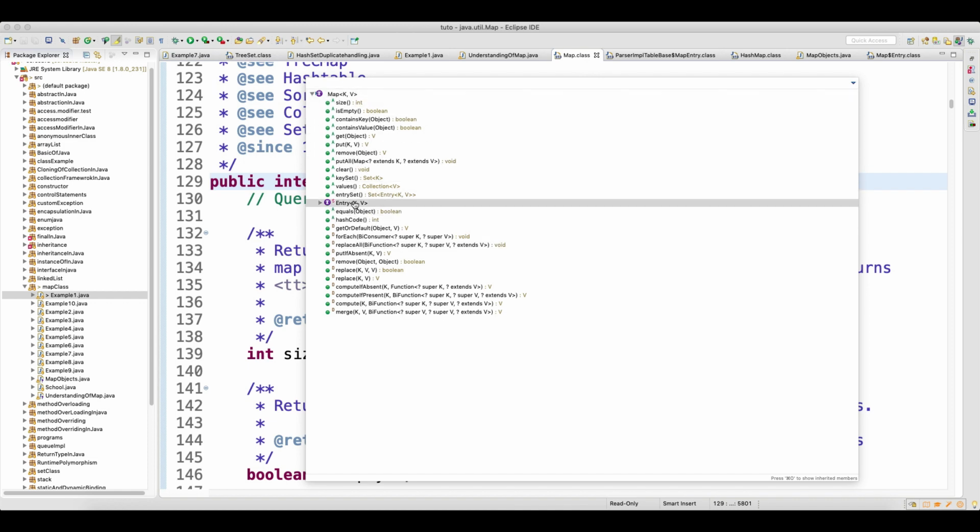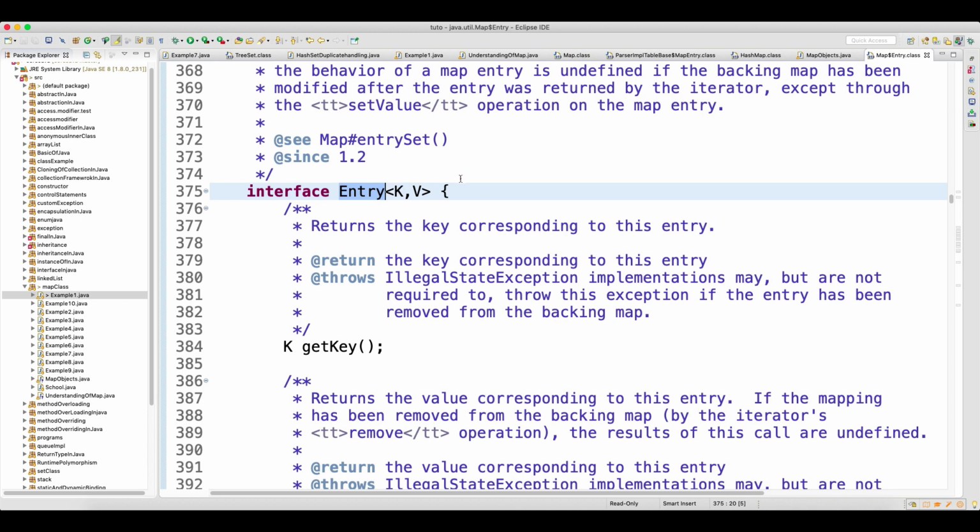When you click on the entry here, this is inside the map interface, and it is default in nature. You cannot keep two interfaces as public. Now you can correlate: earlier I was making one class public, and in the same file I was making another class default, because the scope of the second class was confined to the same file.